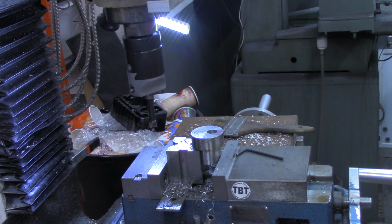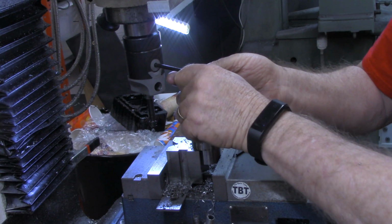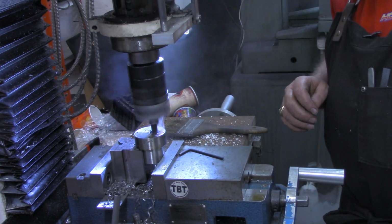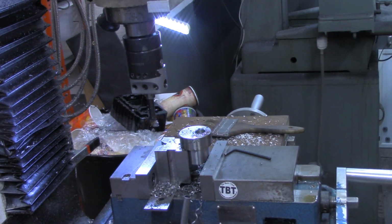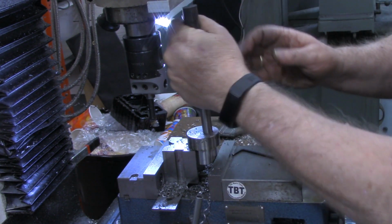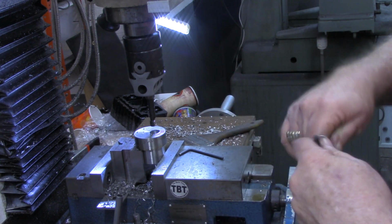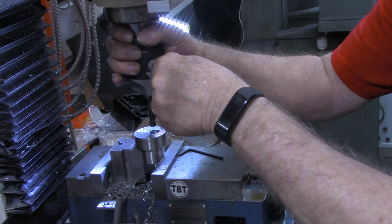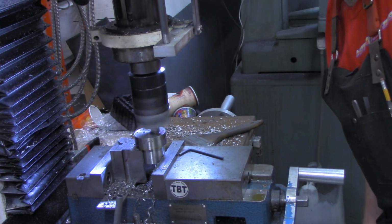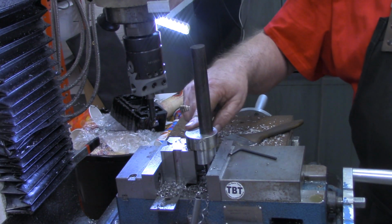All right, so that says 53, so if we take 10 more, there should be 20 on the diameter and should be pretty close. I think there might be a chip down in there. Put a spring pass on that and that will be good. I'm going to give it just about 1/1000th on the boring bar. Oh yeah. All right, I'm going to do some deburring on this